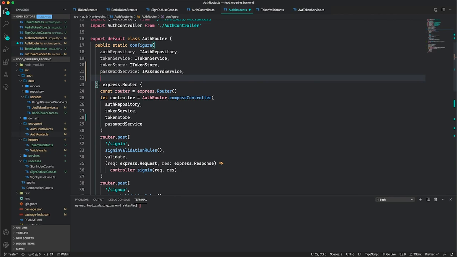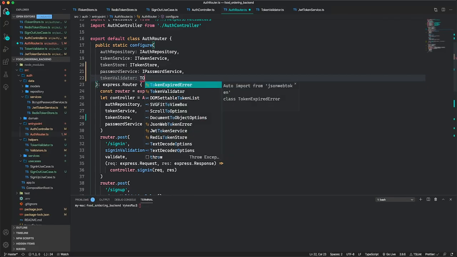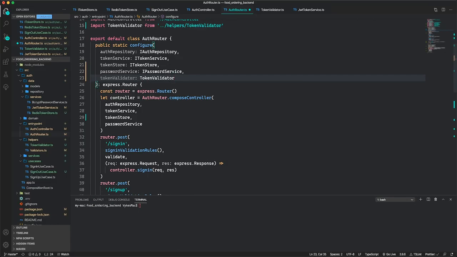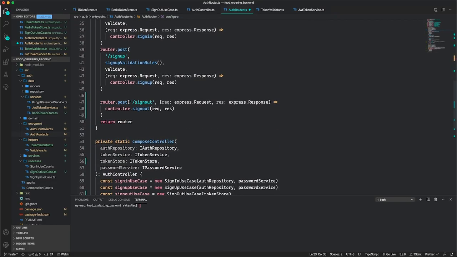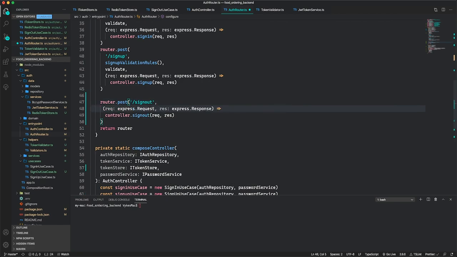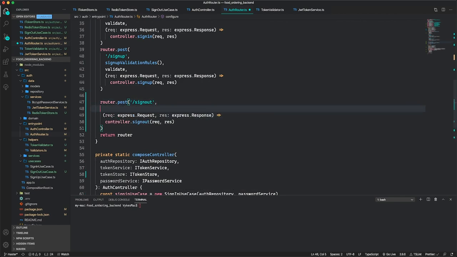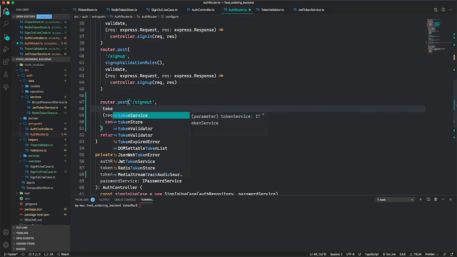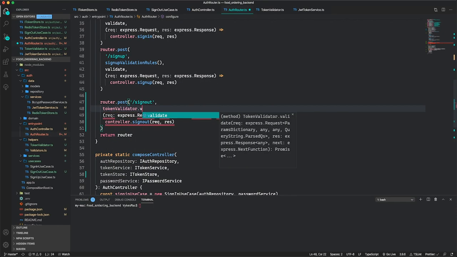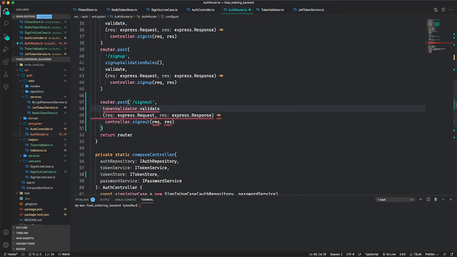I'll say token validator of type token validator. And then here inside my sign out, before the controller, I am going to call that validator method. So I'm going to say token validator validate,